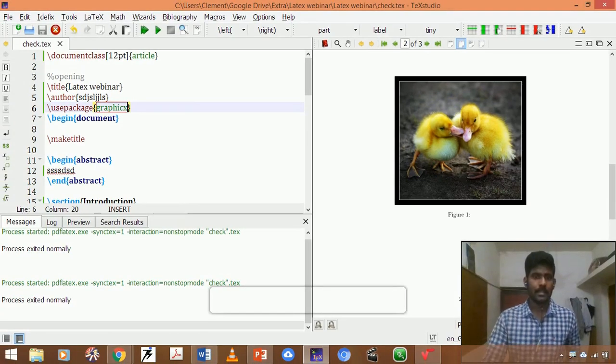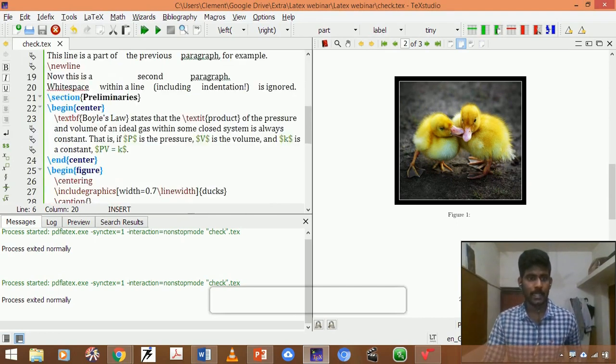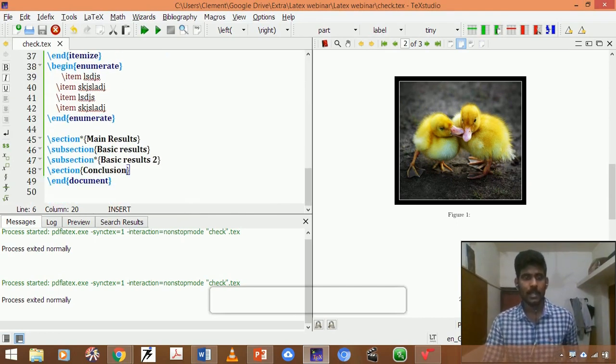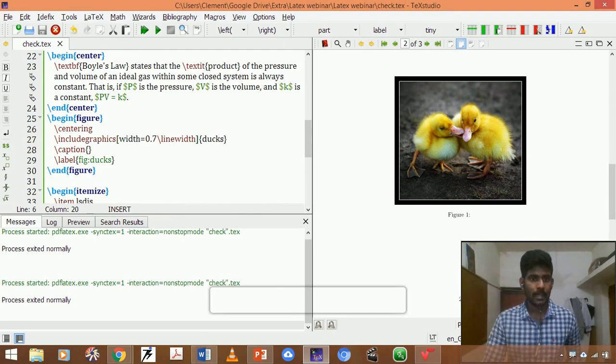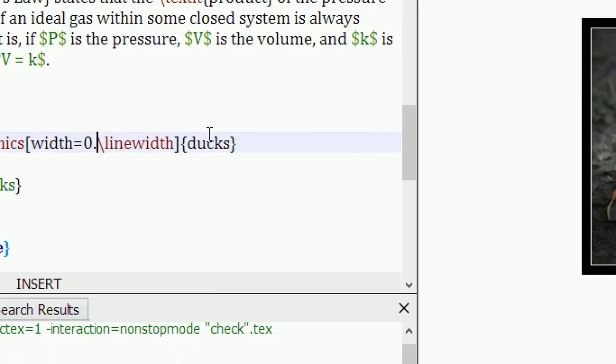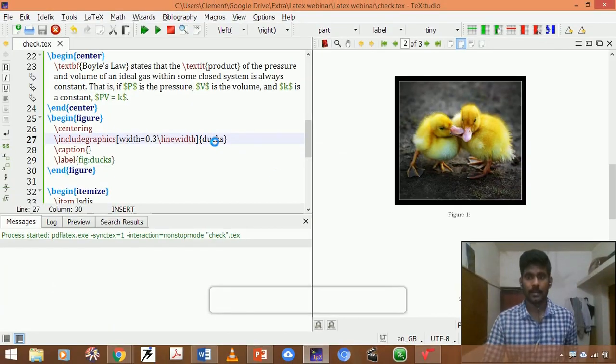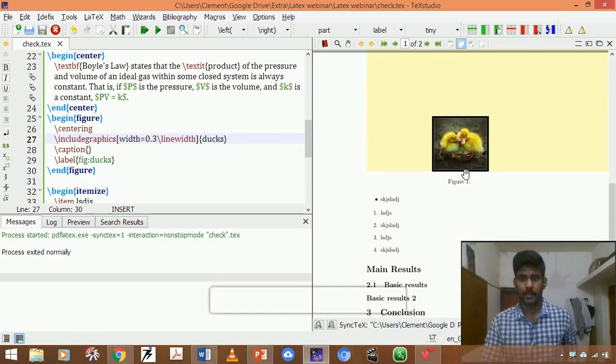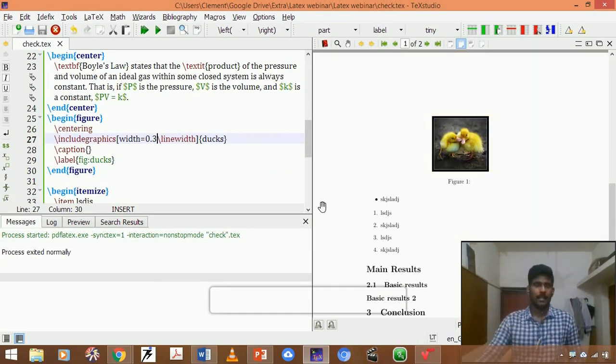Okay, so you can do some alignments of this image size by increasing the image size or decreasing it by reducing it. If I want to reduce the size, I can just give some size like so. After this, see, the size was reduced. So this is the feature to insert the image. It is quite an easy one.